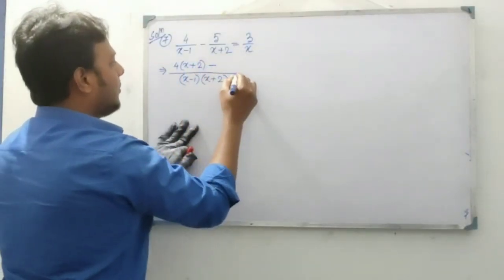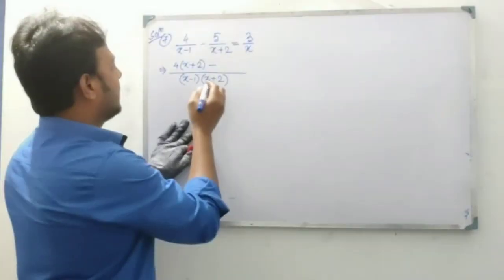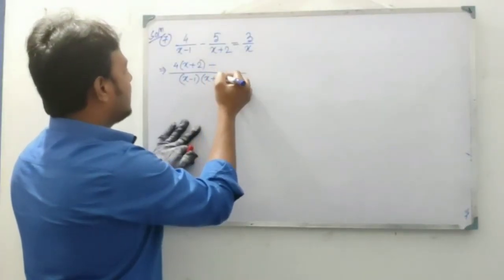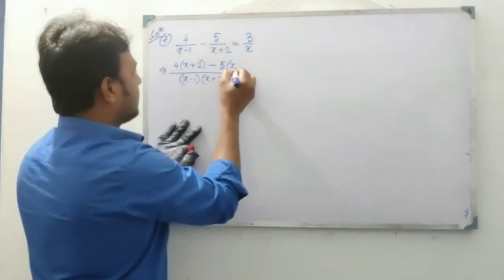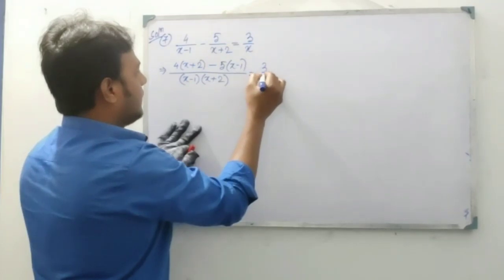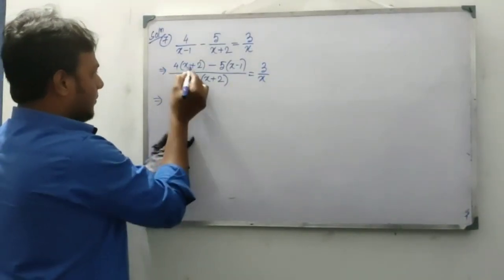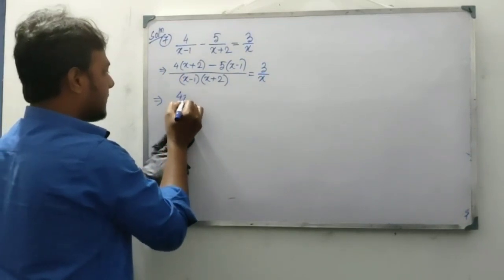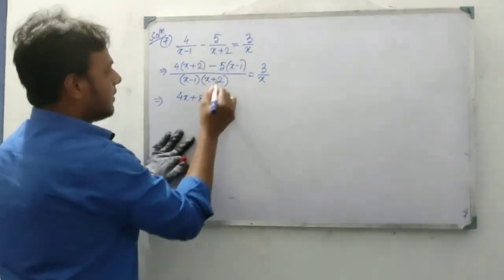This is for all type of student, that is why I am not considering the step jump. Okay, x plus 2, if we divide x plus 2, then left is x minus 1. So 5 into x minus 1. 3 by x equals to. Now, simplify it. Just simplify. Then 4x plus 4 to the 8. 4x plus 4 to the 8 minus 5x